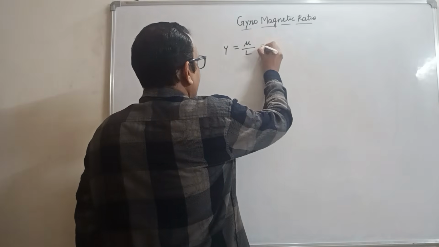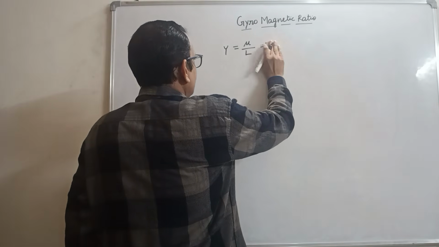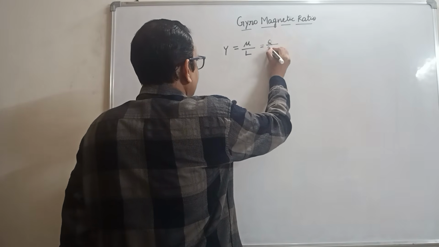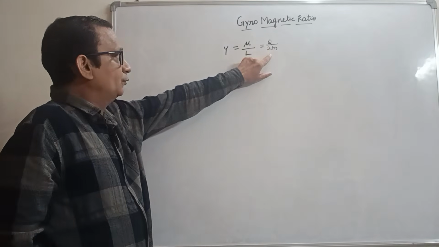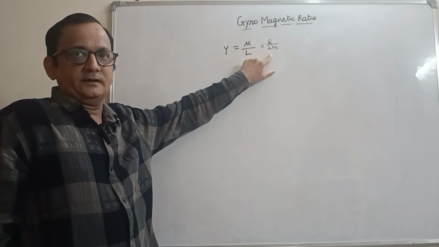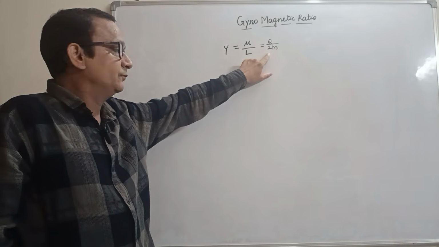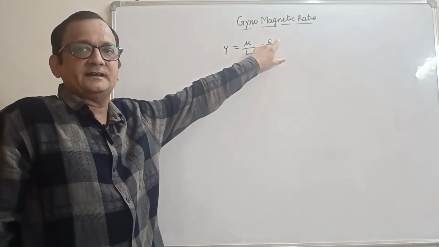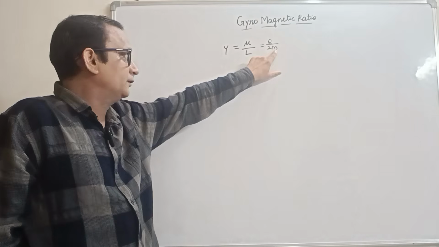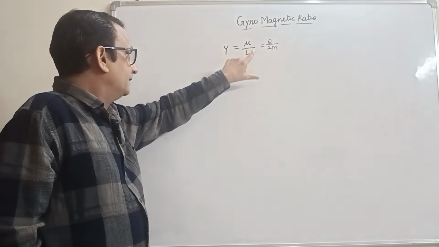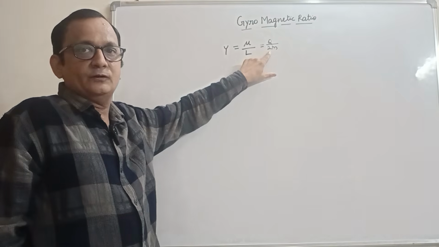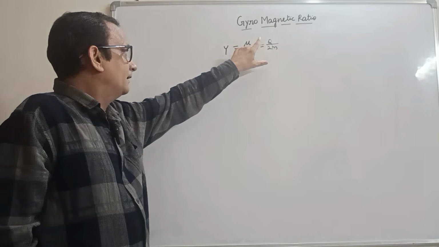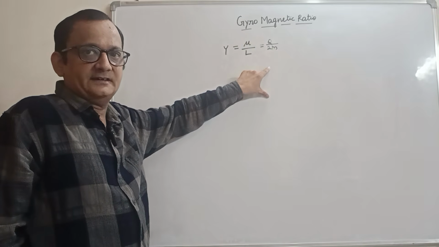So this becomes q by 2m, where q is the charge and m is the mass. q by 2m holds if charge and mass are symmetrically distributed, meaning the charge density at a particular point is proportional to the mass density. Then the gyromagnetic ratio would be q by 2m. This is the classical result, fixed when the distributions of mass and charge are the same.